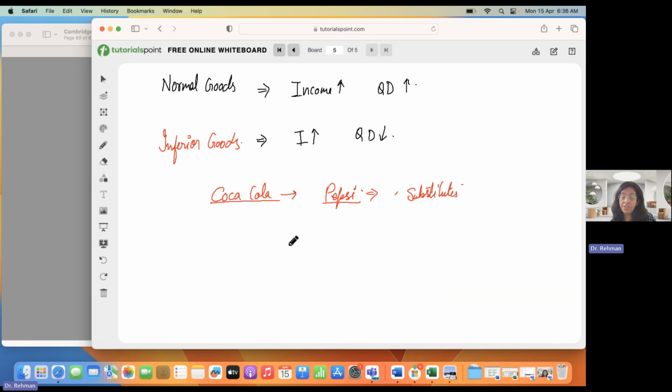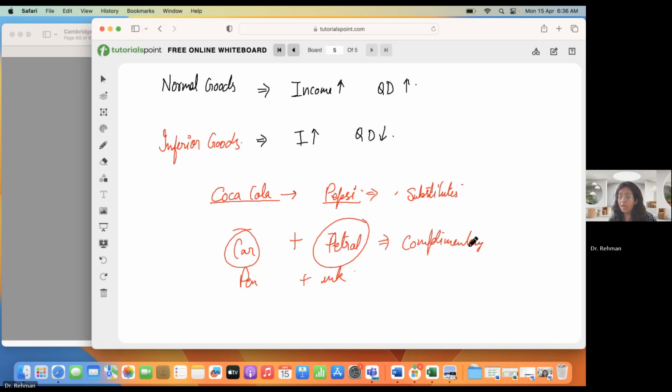And there are some goods which are not substitutes, but they are consumed together. For example, car and petrol, we call it gas, right? So car and petrol is an example. Or let's say pen and ink. If you're consuming one, you have to consume the other. When they both are consumed together, they are called complementary goods. They go together. Now you have to apply a little bit of logic here. It's not easy, children. It looks easy because I'm speaking it right now. When you try to do it on your own, these things might be difficult.